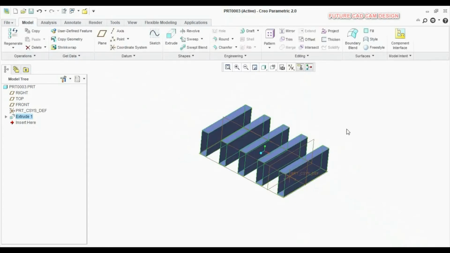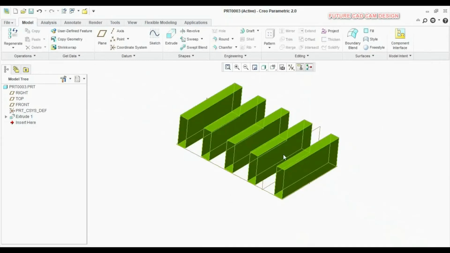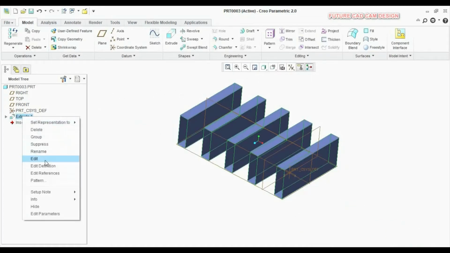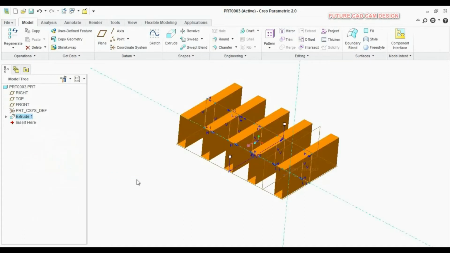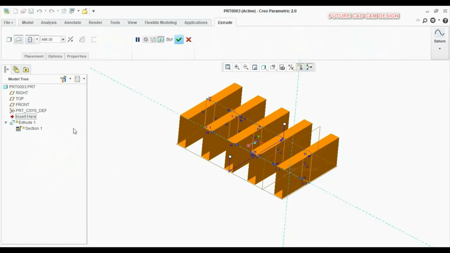So now I have exited the extrude sketch. If you need to enter into the extrude command again, you have an option. In the left side corner you can see the extrude command in what is called the model tree. Right click the extrude command, and here you can find the edit definition option. If you click edit definition, you will again enter into the extrude toolbar, where you can edit your extrude options. So I am making my extrude again as a solid.